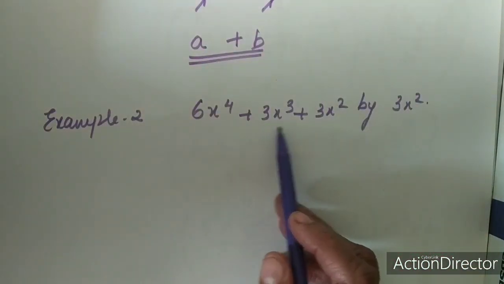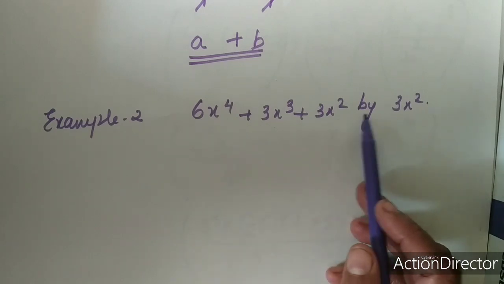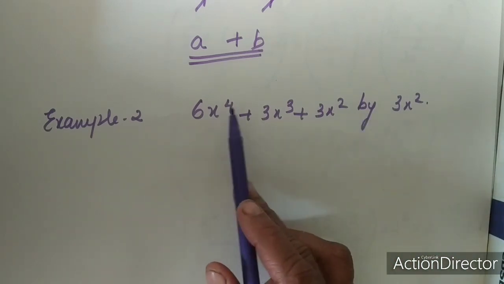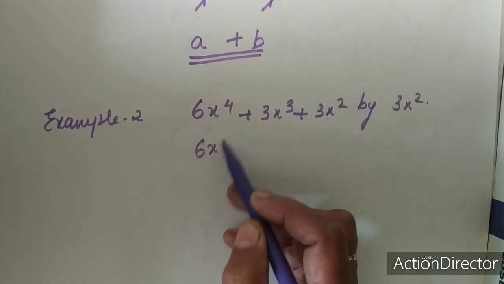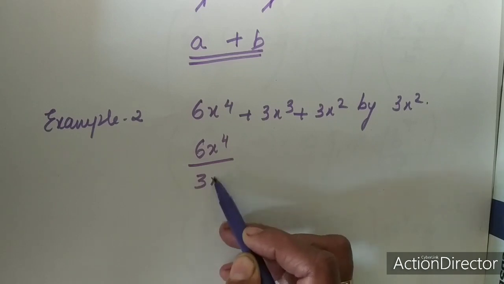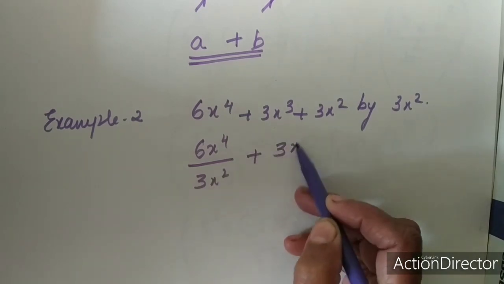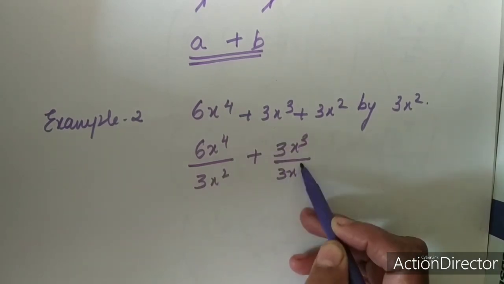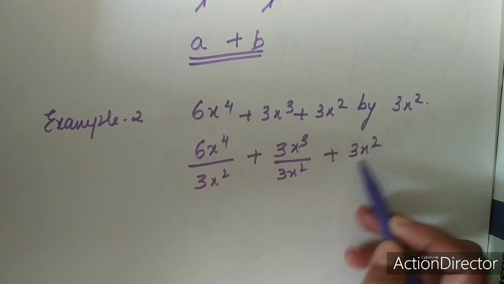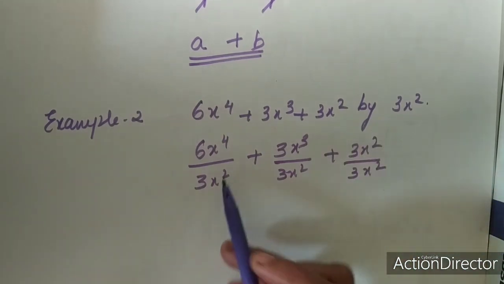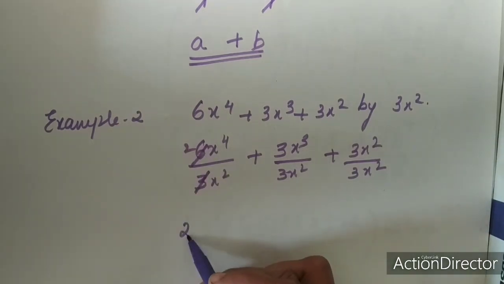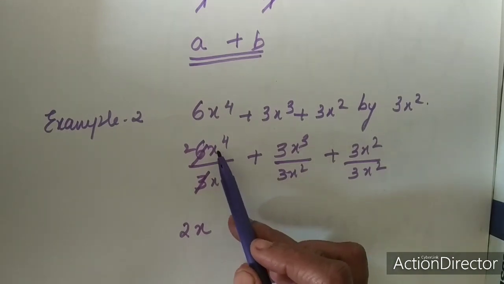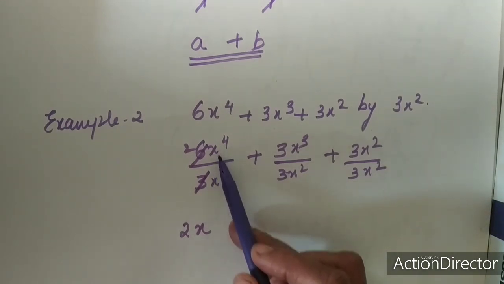Let me see another example. 6x power 4 plus 3x cube plus 3x square by 3x square. Again I am going to divide each term of the polynomial by 3x square. So 6x power 4 by 3x square plus 3x cube by 3x square plus 3x square by 3x square. So first you cut the constants. 3 ones are 3, 3 twos are 6. So 2 into x power, as the variables are same, that is the bases are same,